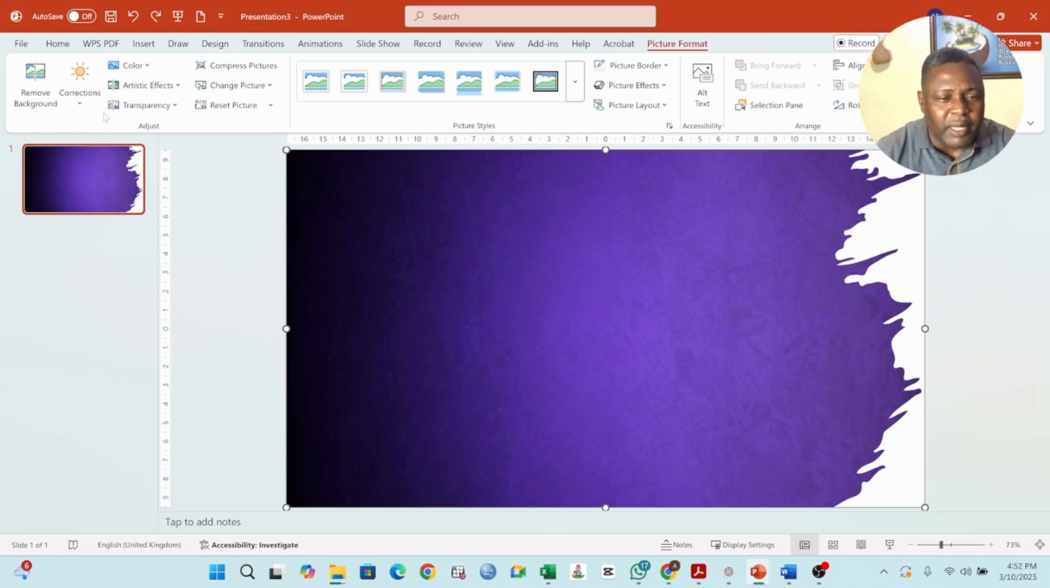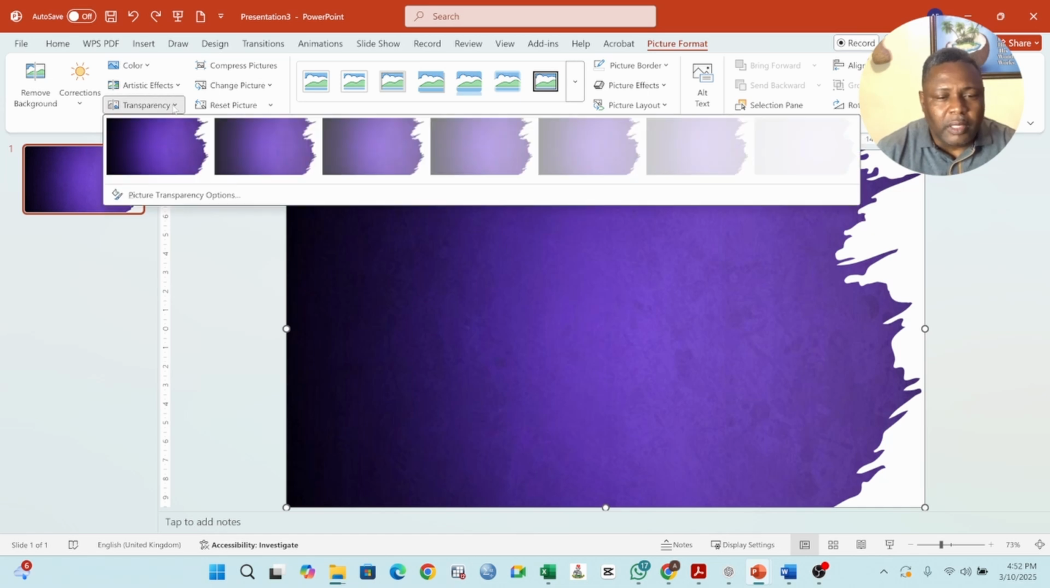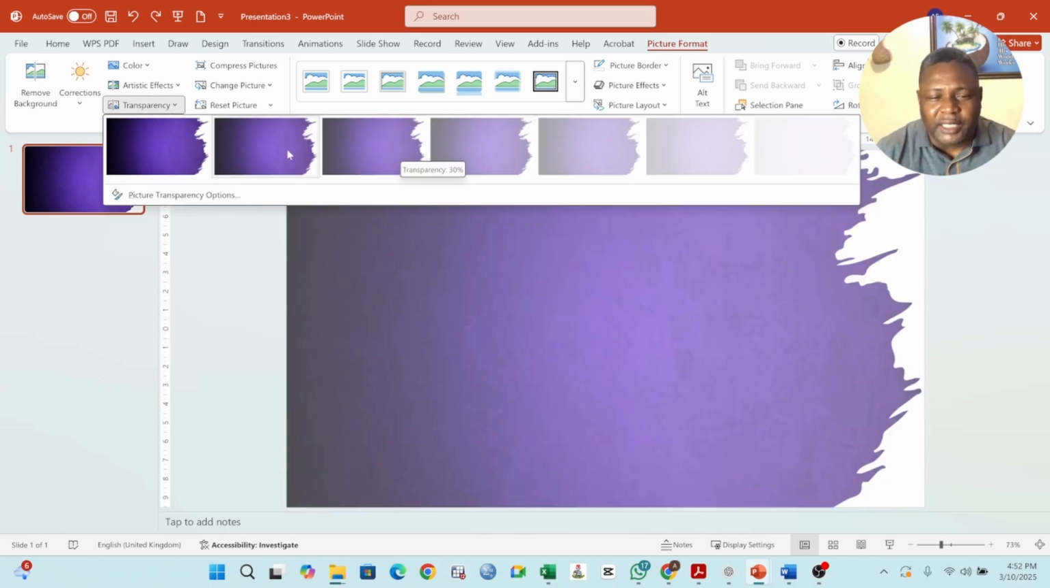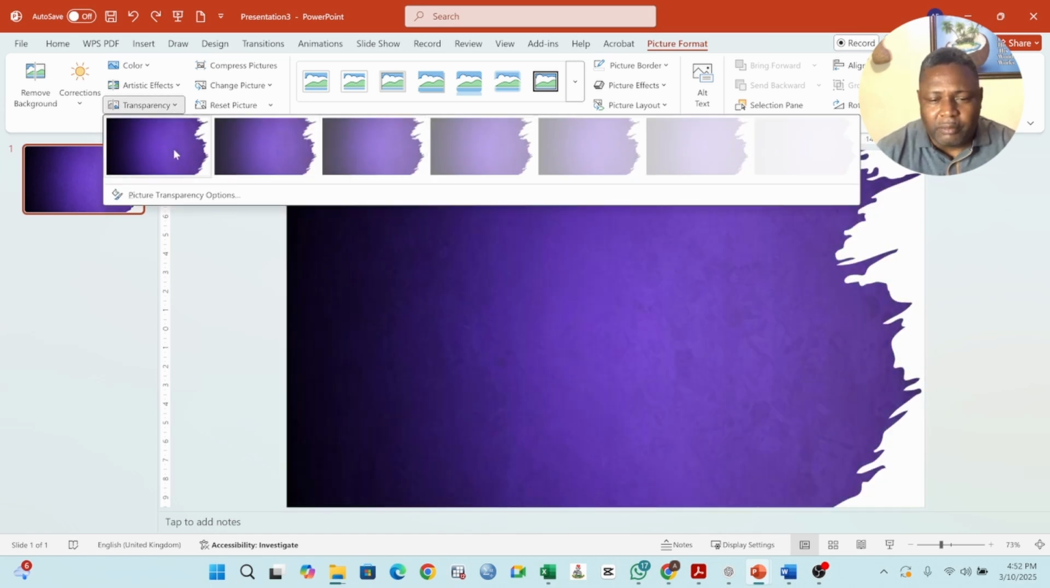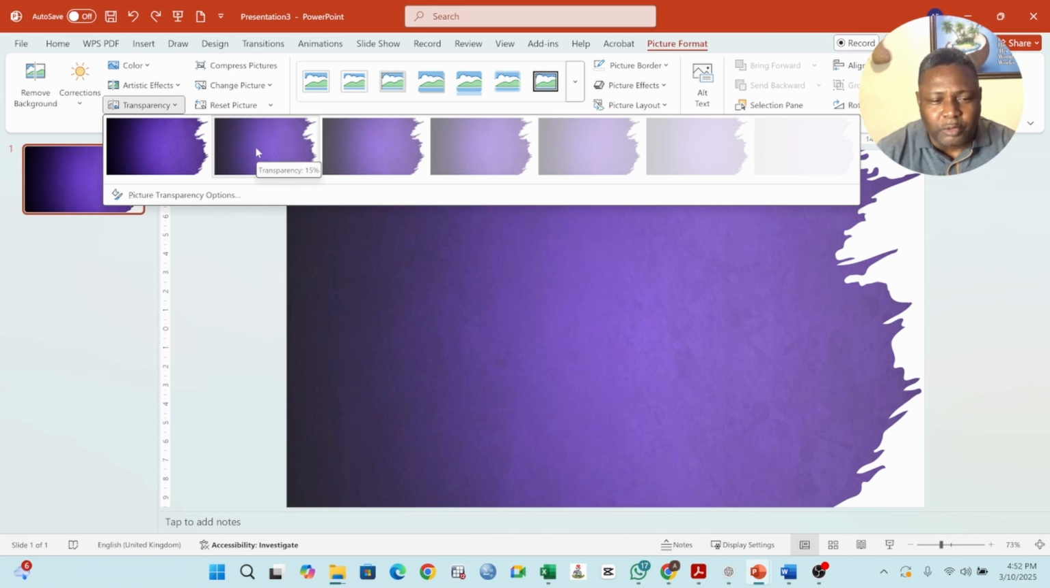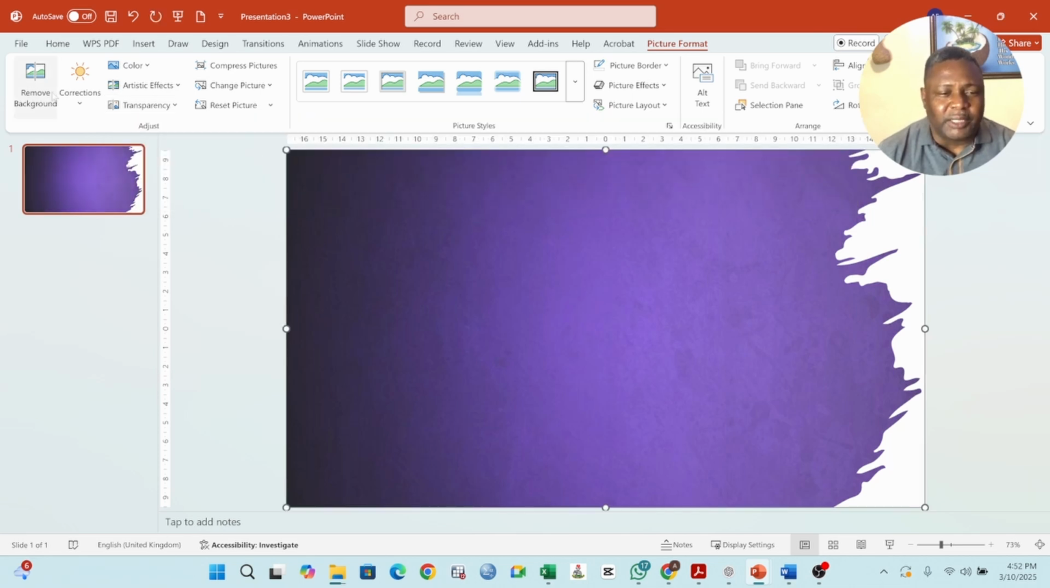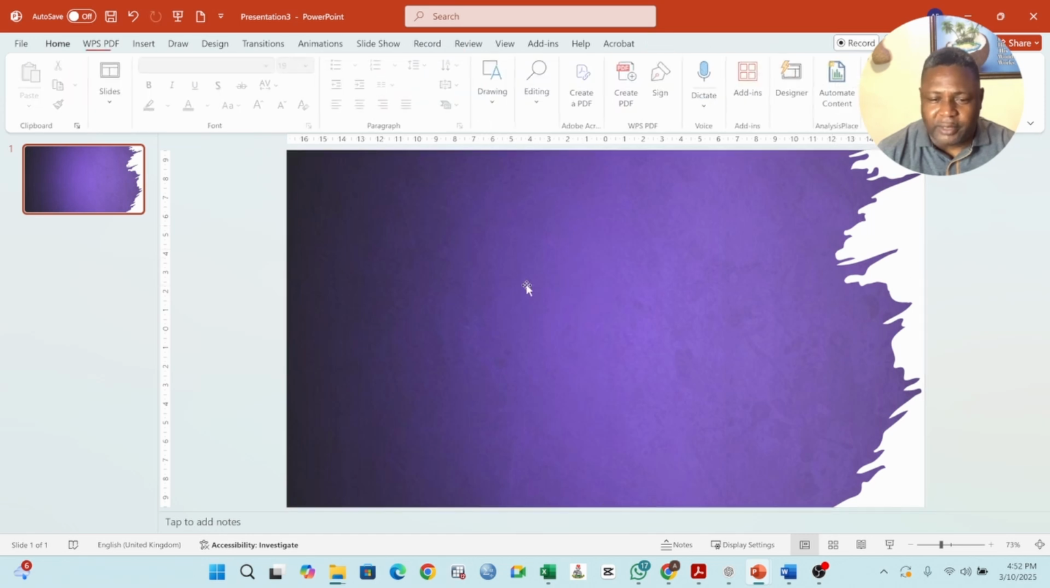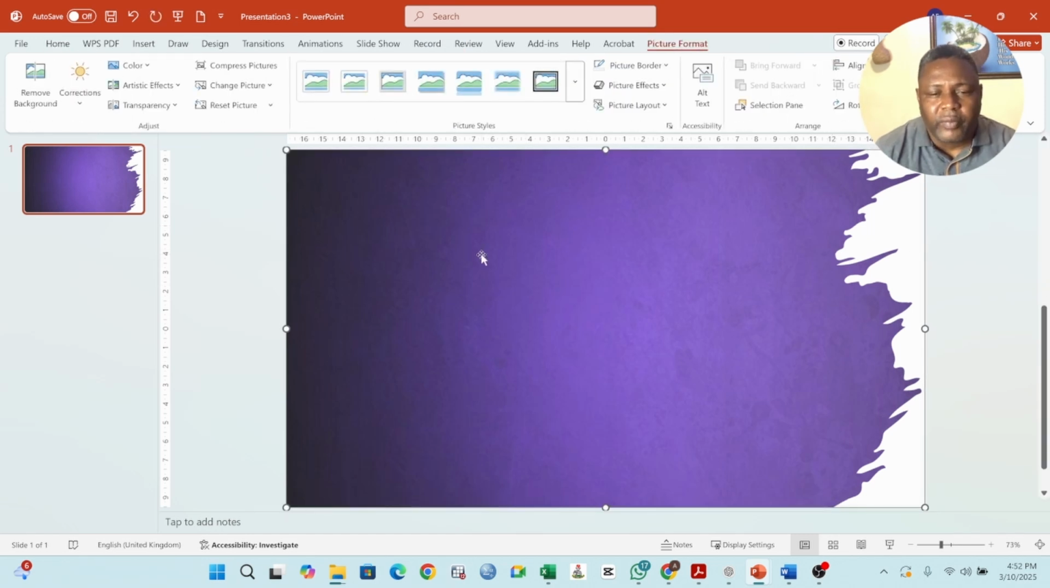Looking at the image, I want to apply some transparency to it, maybe not too dark. So I will just take a transparency level to make it a little bit transparent. Okay, then I'm going to insert